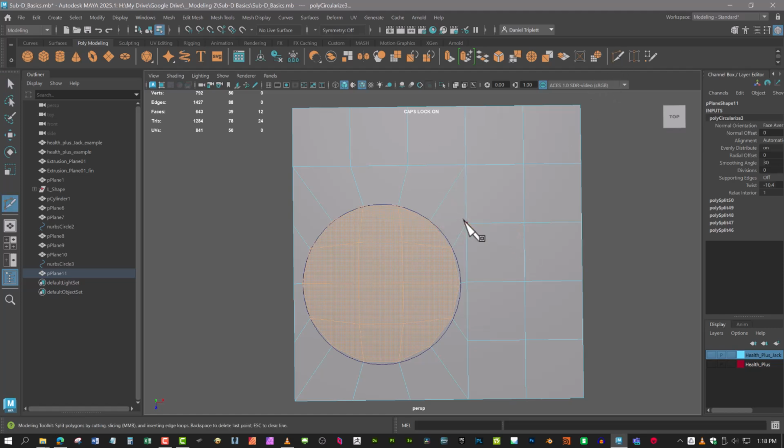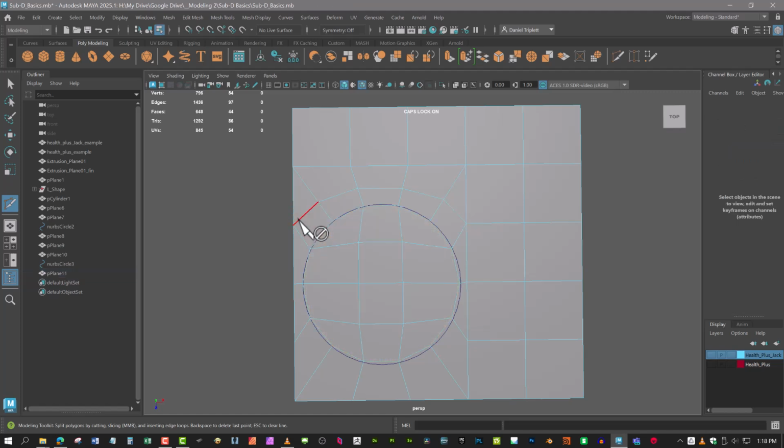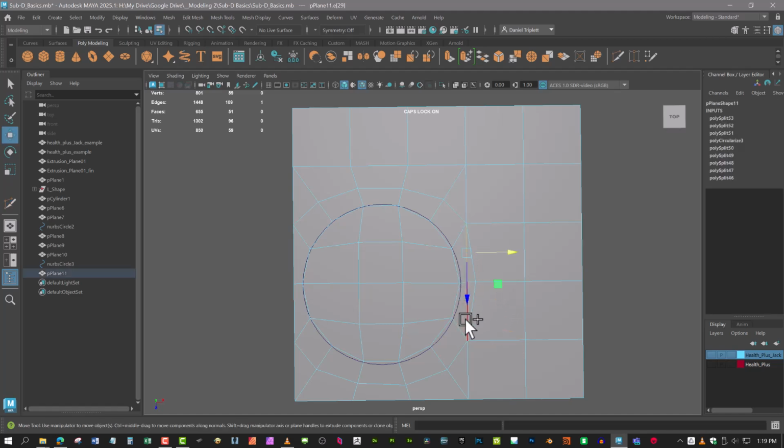So what we're going to end up doing is we're going to add some edges in here. So let's just go ahead, and I'm just going to eyeball them. I'm just going to pick what I think looks like the center of these, and then I'll end it right there. Okay, and then I'm going to do the same thing down here. We're just going to go ahead and basically build this kind of border around here, and what that's going to do is distribute the polygons better. Now, we could do something like this if you like. You can come out here, and you can distribute that out differently and just remove these edges